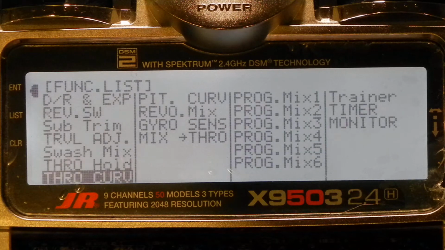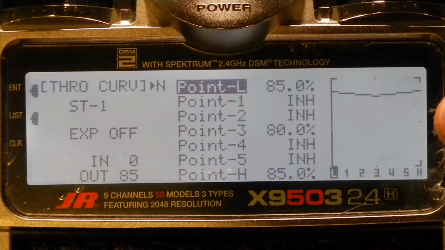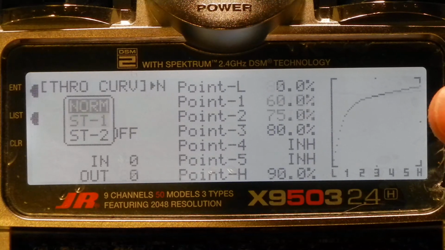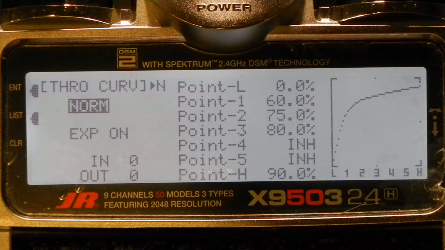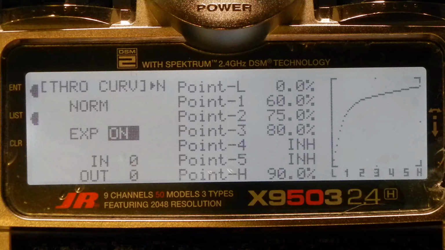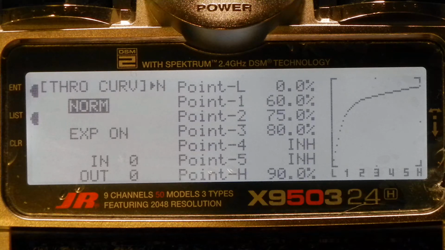Okay, let's go to throttle curves. First one, okay. Take a quick look. This is stunt 1. Actually, let's start with normal first. As you can see, I'm running for my first point 0, second point, point L is 0, point 1 is 60%, point 2 is 75%, point 3 is 80%, point 4 and 5 are inhibited, and point H is 90%